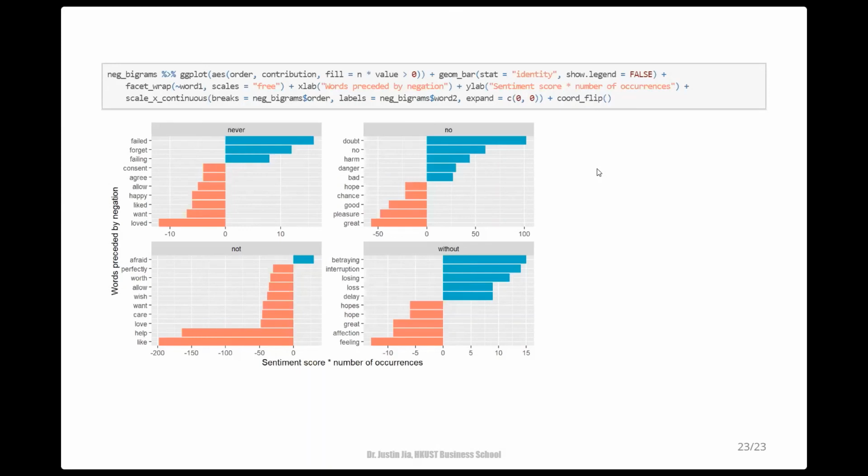We could further visualize the words which have the greatest contributions for each of these four negating words. And this analysis reveals how finding consecutive words can give context to text mining methods.